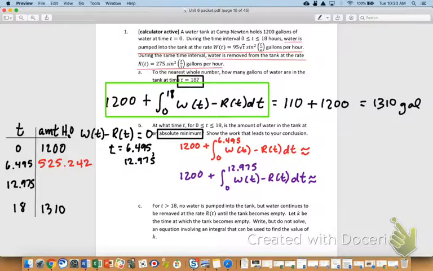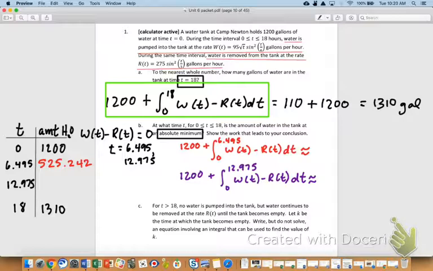Carson: For number 12, do you have to evaluate it if you show that it goes from a positive to a negative? So there are a number of ways to address that. Carson brings up a good point. At 12.975, the net rate goes from positive to negative. So you don't want to ignore that. Your point is well taken, but you don't want to just ignore it with no reason.